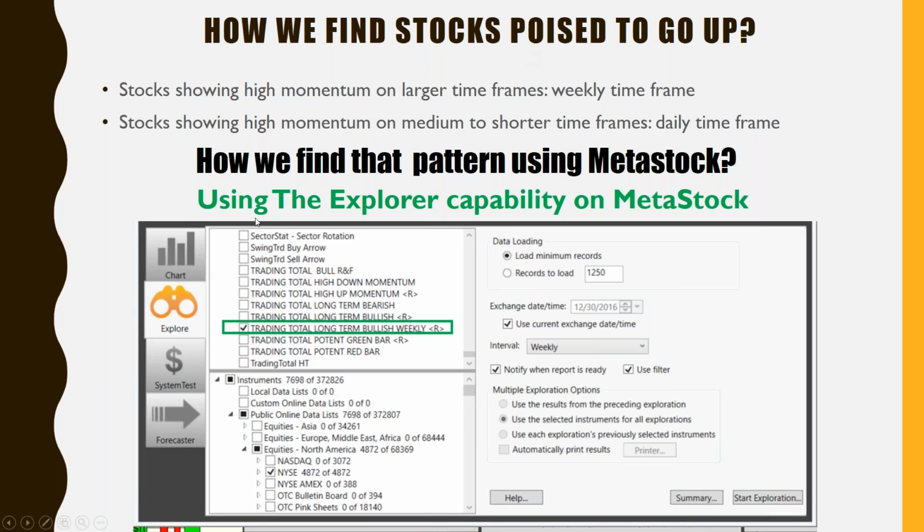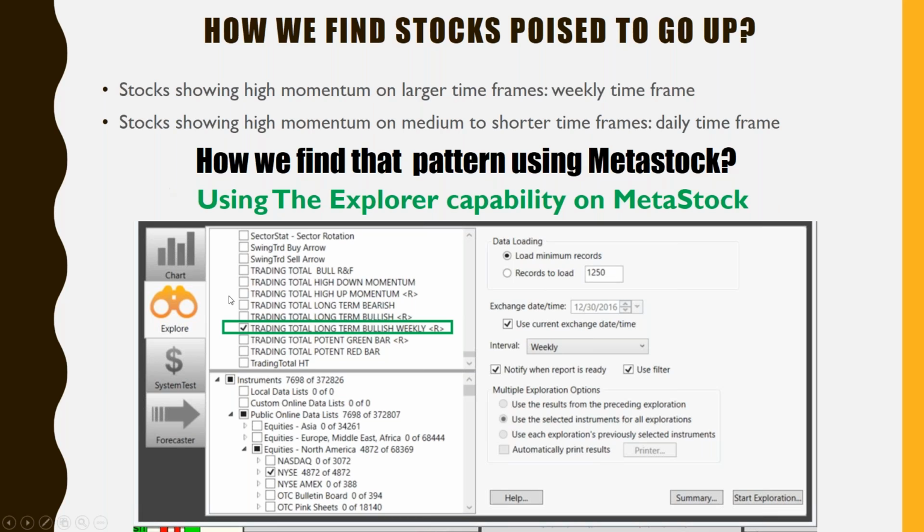How do we find those stocks that are supposed to go up? Well, stocks showing high momentum on larger time frames, for example, the weekly time frame, as we were analyzing in every example. Stocks showing high momentum on medium to shorter time frames, for example, the daily time frame. How do we find that pattern using MetaStock? We are going to use a fantastic functionality, which is the Explorer